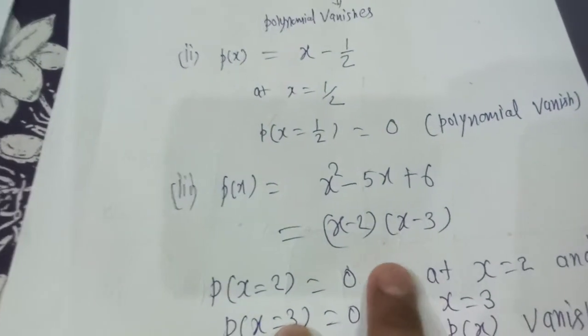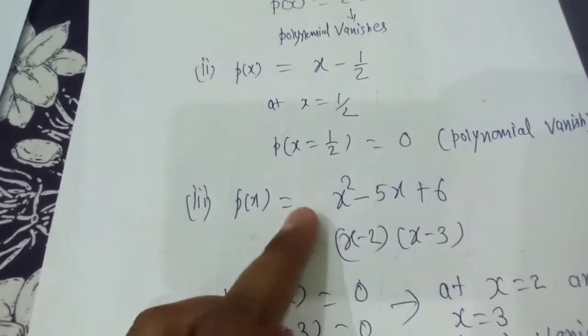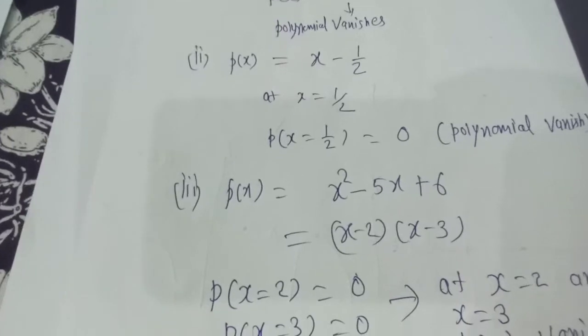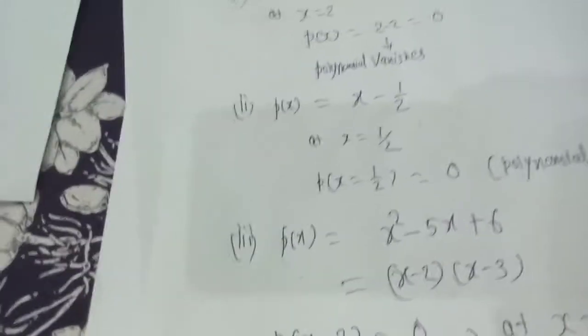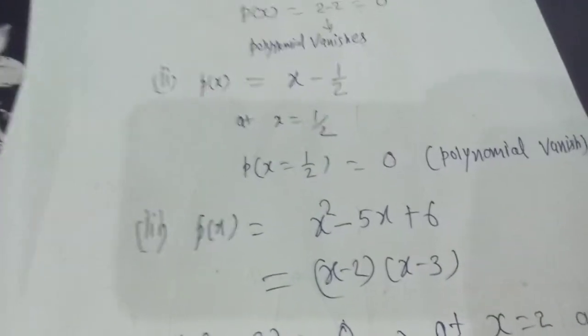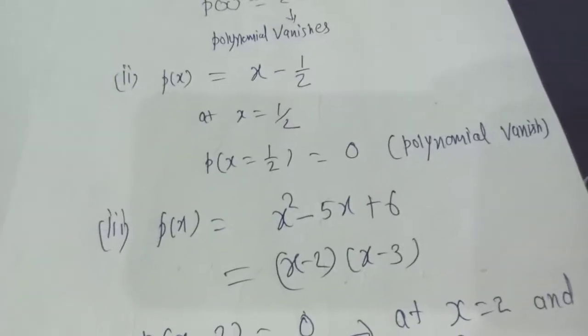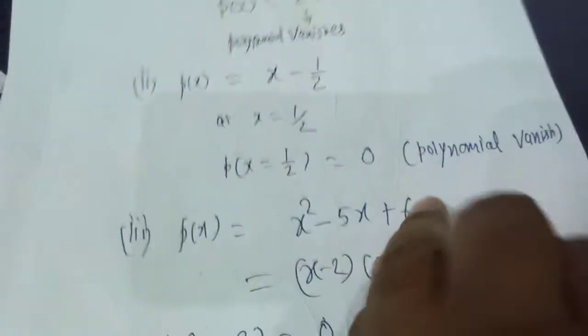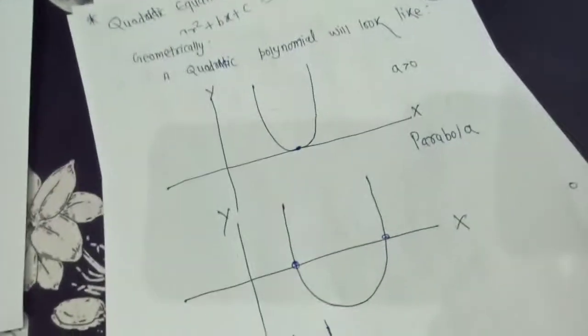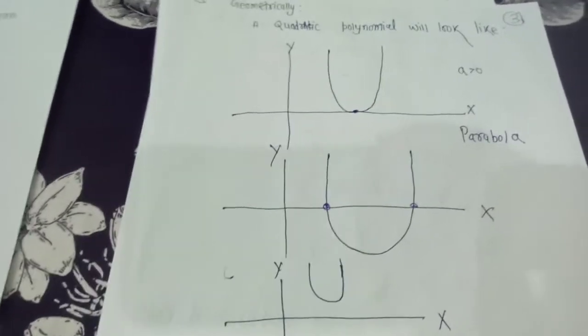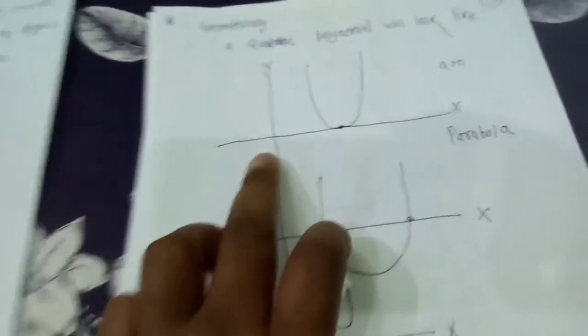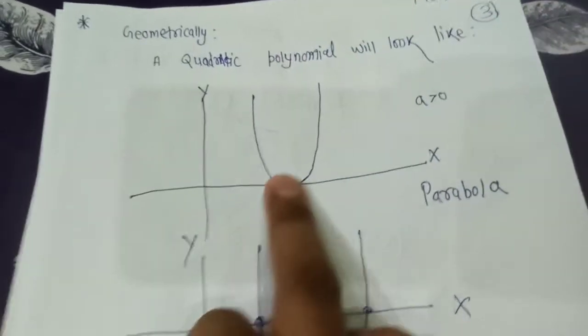We will learn it when we learn how to solve the quadratic polynomial. Then we will learn how to find the zero of the quadratic polynomial, and in what case the polynomial will have 2 distinct zeros or 1 zero or no zero. So what does it mean when we say that we have 2 distinct zeros, 2 identical zeros, or no zero? It will look like this.